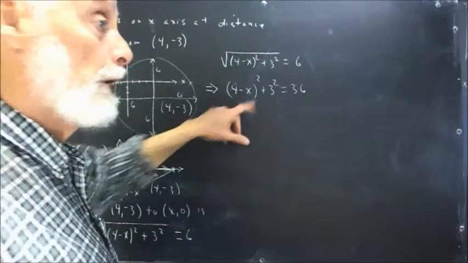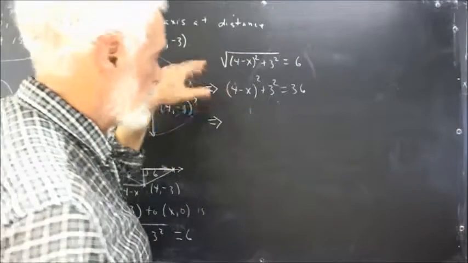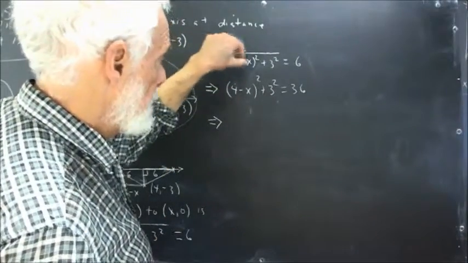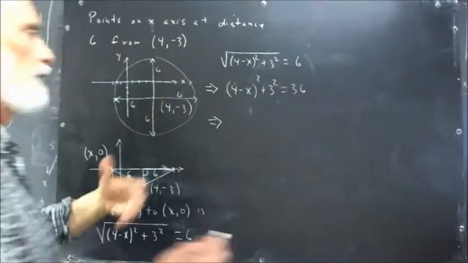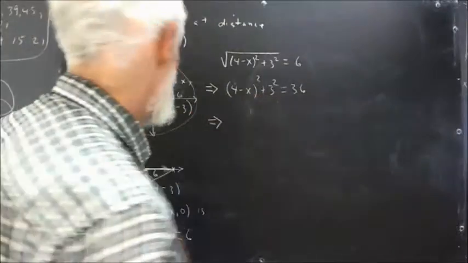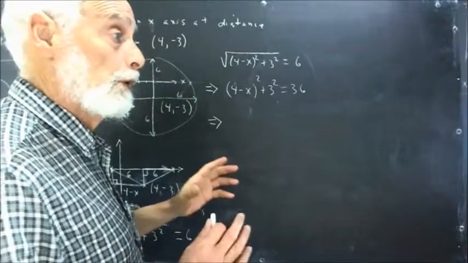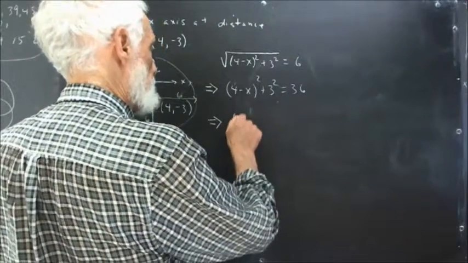Now we want to solve for x. We could expand the 4 minus x. We get 16 minus 8x, plus x squared, with 3 squared and all that. And we could get a quadratic equation and use the quadratic formula. But there's a much more direct way to solve this. Nothing wrong with doing what I said, but there's an easier way. And that's simply to